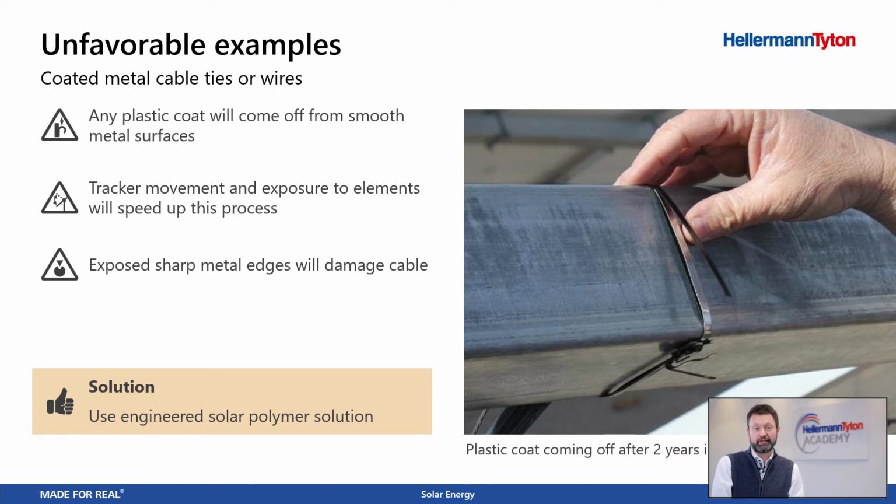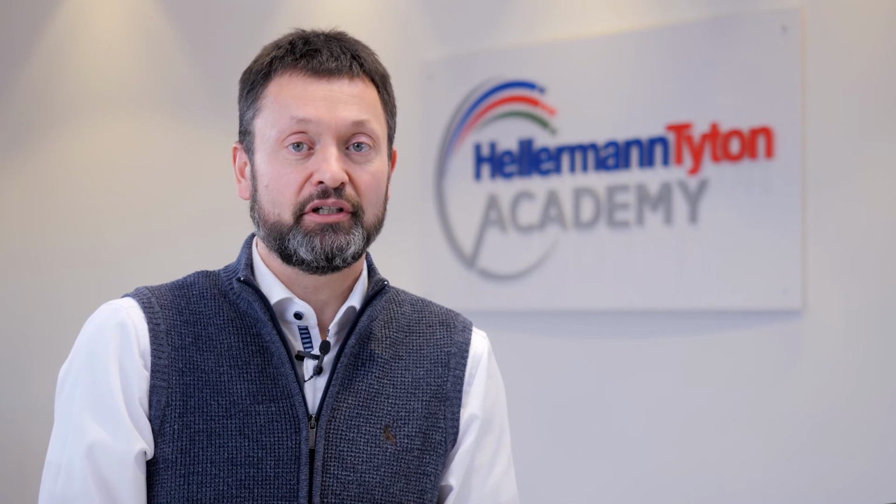This example is a tracker installation that has been put into the desert, and after 2 years using a metal tie, the coat of it came off. That means that the sharp edges of this metal tie are exposed and rubbing into the cables. So the tracker movement actually is adding to this issue because you have a lot of dynamics involved now in this situation. That can be avoided by using a polymer solution which is highly UV resistant, that overcomes this issue, definitely.